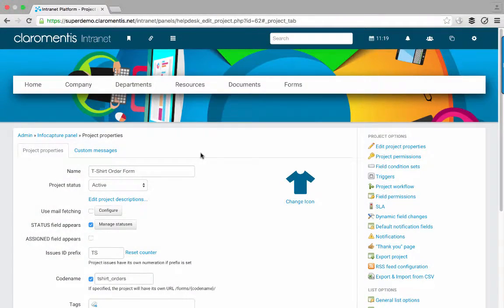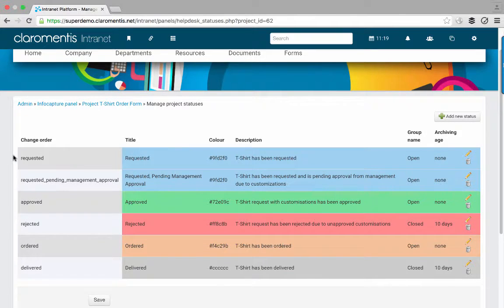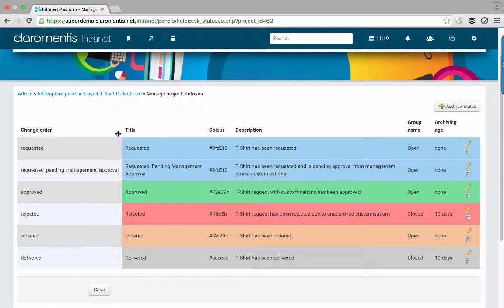Let's now have a look at statuses for the t-shirt order form. So from the project properties page, we'll click on Manage Statuses. And here we can see a list of statuses that I've already set up. So let's walk through these. So firstly, we've got requested, and we can see in the description that I've just put t-shirt has been requested. We've got a similar one below, but this one's requested and pending management approval. And you can see from the description that I've put t-shirt's been requested and is pending approval from management due